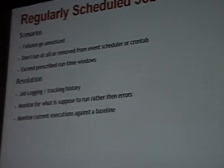On the regularly scheduled jobs, we deal a lot with failures that go unnoticed. This is either through cron or the event scheduler. Things don't run at all, or have been removed without you knowing about it. They exceed the prescribed runtime window, so they run a whole lot later than they should, and you have a